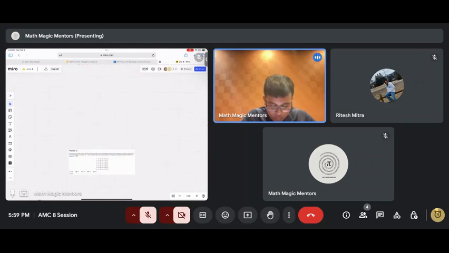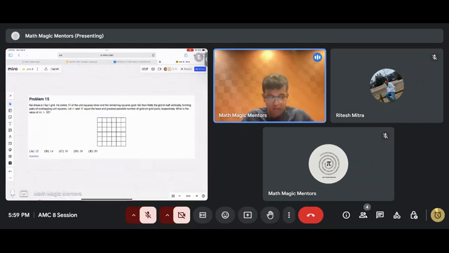And so our last problem that we're going to cover in this session is this one. So K draws a 6 by 6 grid. He colors 13 of the unit squares silver, the remaining squares gold. K then folds the grid in half vertically, something like that, right? So he folds the grid in half vertically, forming pairs of overlapping unit squares. Let m and M be, so m is least and M is greatest. What is the value of m and M? Well,